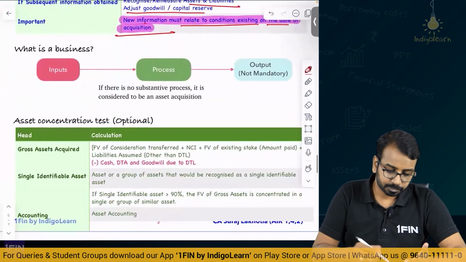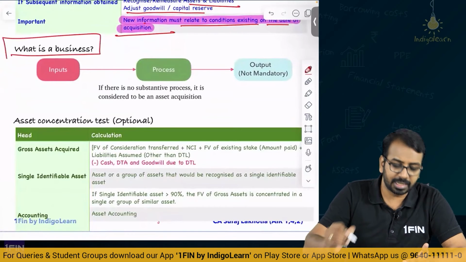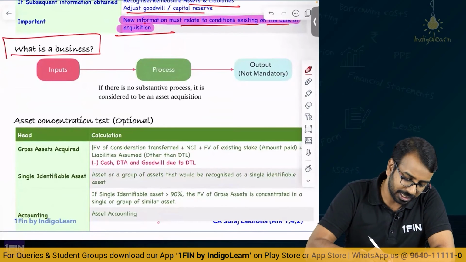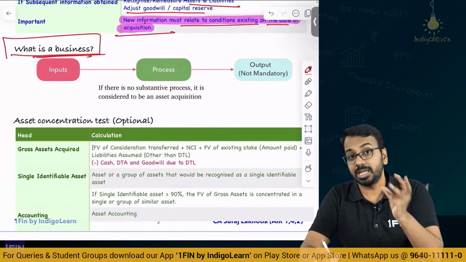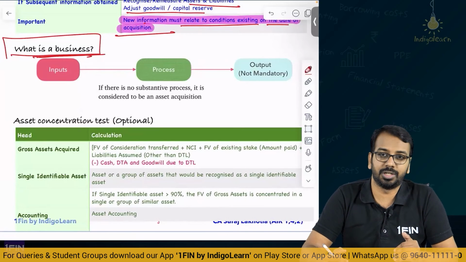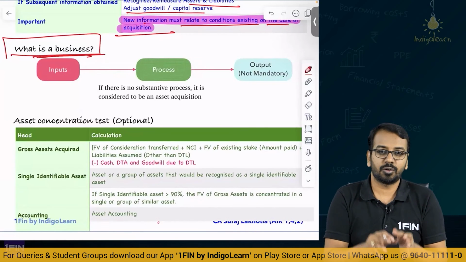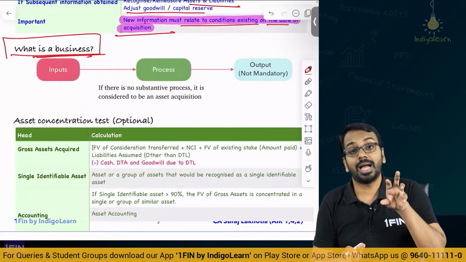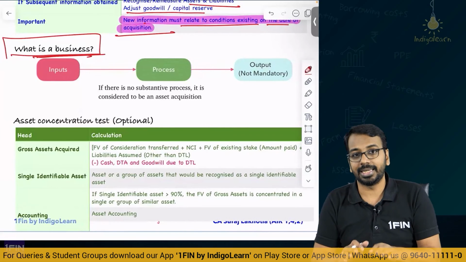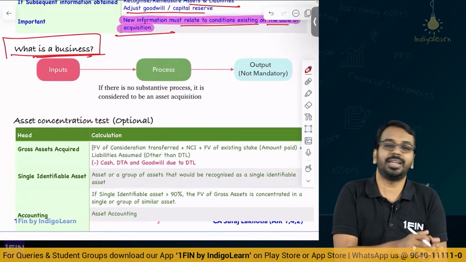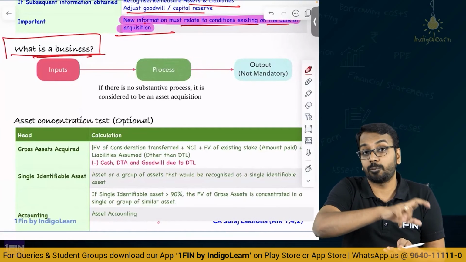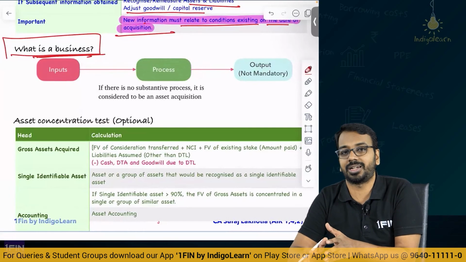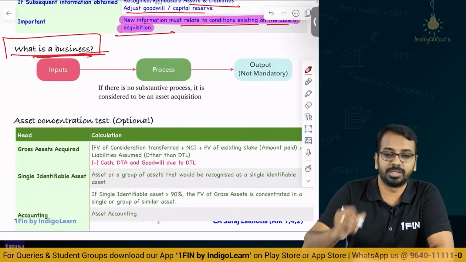Right. Now, coming to the next part, it can come as an MCQ question in the examination. Basically, what is a business? Now, Ind AS 103, when we talk about business combination, it is not talking in the sense of one entity acquiring another entity. One entity can acquire the assets of another entity. One entity can acquire the business of another entity as well. It is not just that you are acquiring the company as such or a stake in the company. I can just acquire the business of another company. Even there, Ind AS 103 comes into the picture.